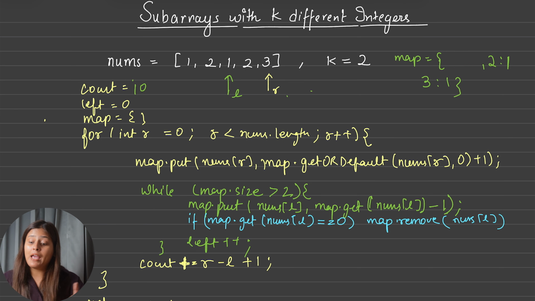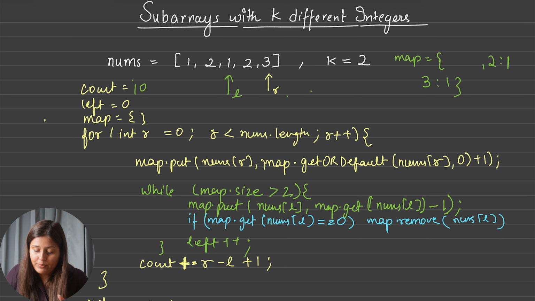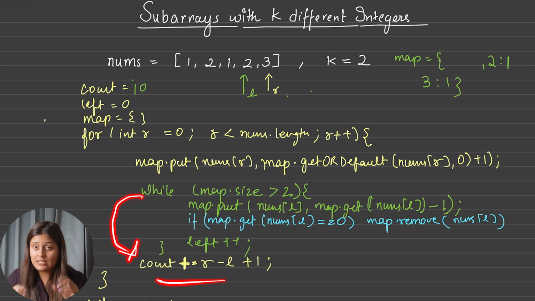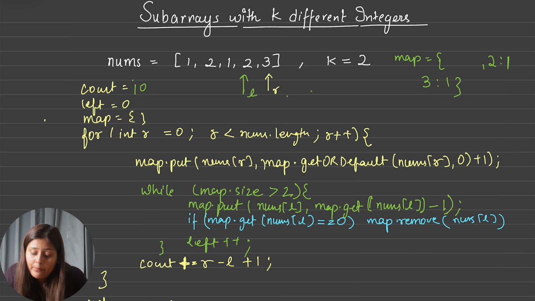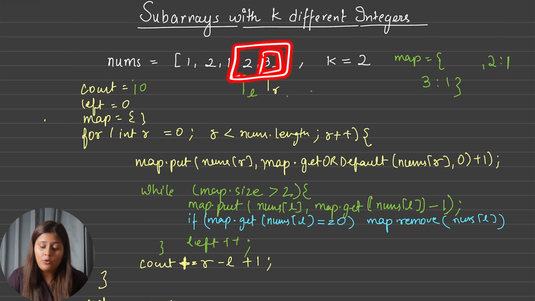And after deletion, we have only 2 values as unique, 2 and 3. And again we will do left++ here, so left will move to this point. And now I can say the size is valid, so it will come out of this while loop. And now this length will be the total number of subarrays, that is, the number of subarrays which end from this to this, which is 1 for this 3 and this 2. So now the total number of subarrays will become 12. But you saw 12 was not the answer.